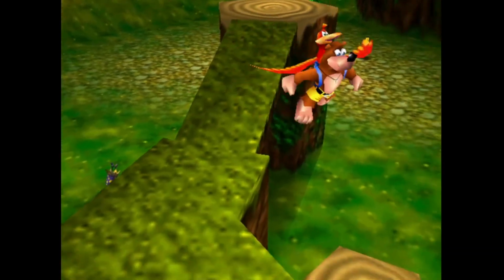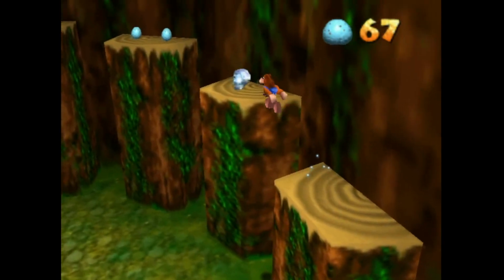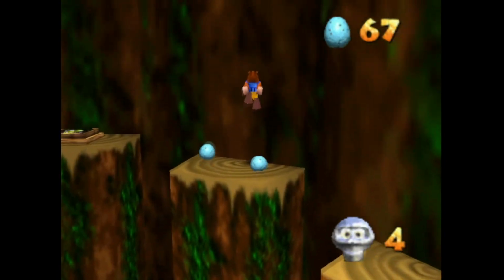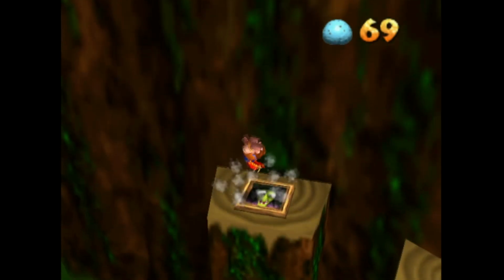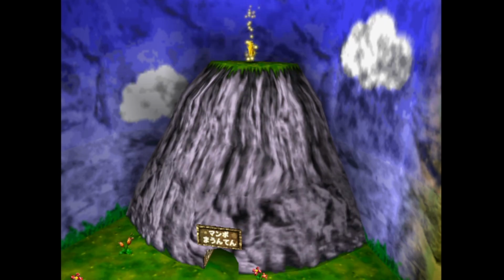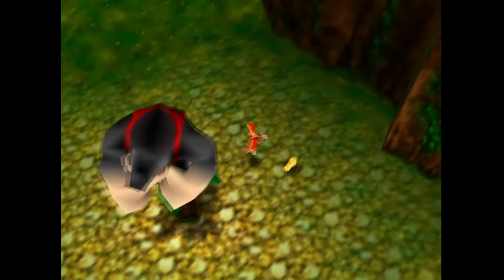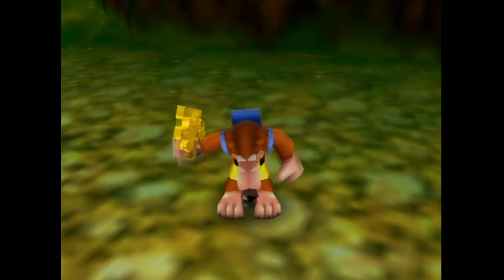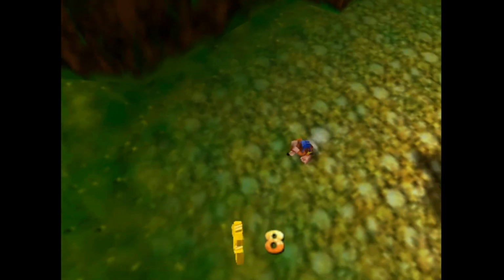First I want to hit the witch switch. Oi! That's close. Oh. It reset me up onto the ledge. Okay, we're getting there, we're getting there.